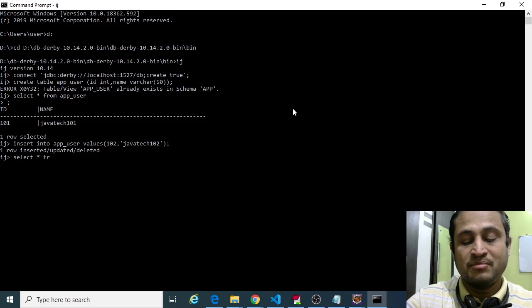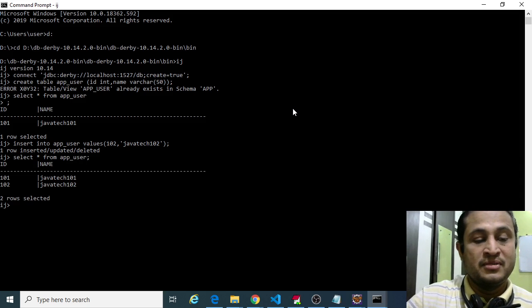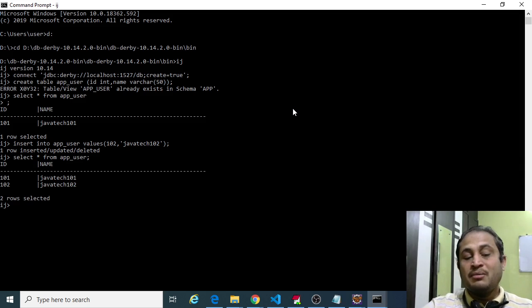Okay, yeah, so our table got created, and I am able to insert data into the app user table. So this is the database configuration that we have to do for our login application.